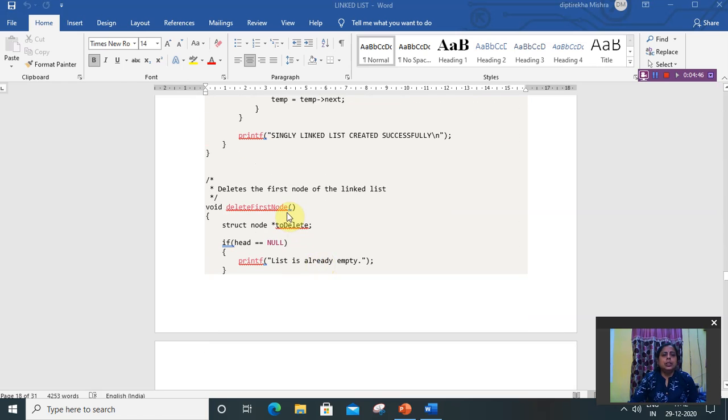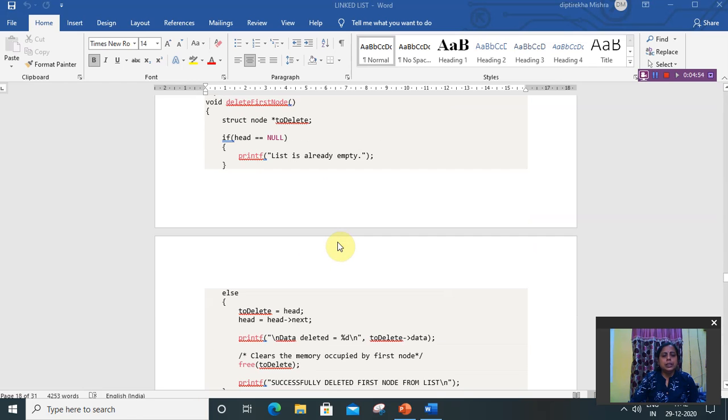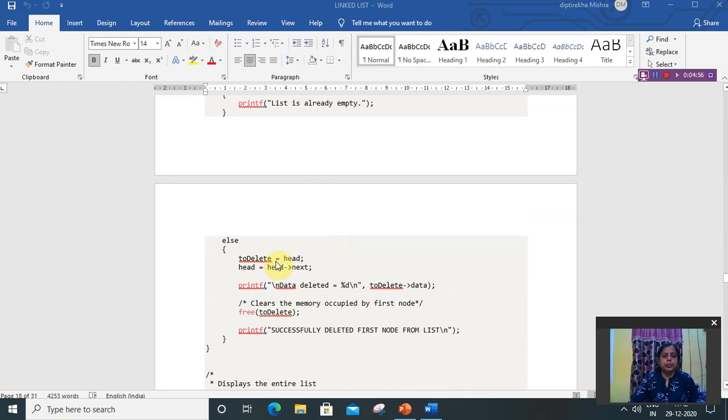After that, the delete first node function. In delete first node, if head equal to null, then it will display that the list is already empty. Otherwise, to delete equal to head means the head will be named as to delete, and head equal to head next means head will position to the next node, the second node.